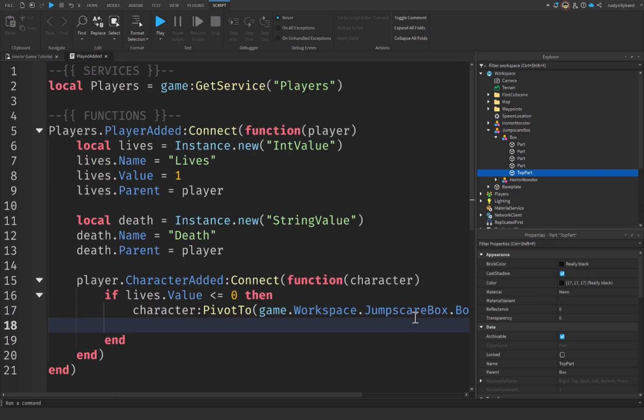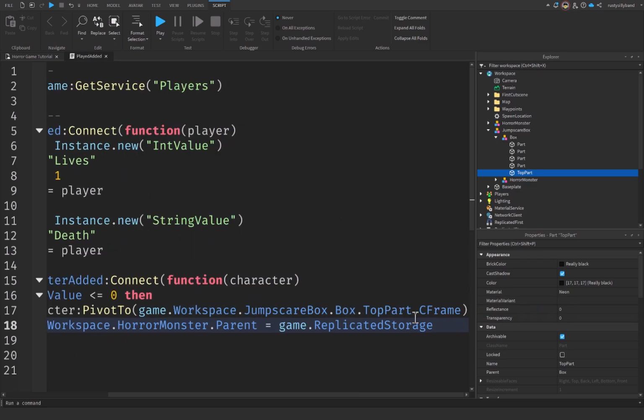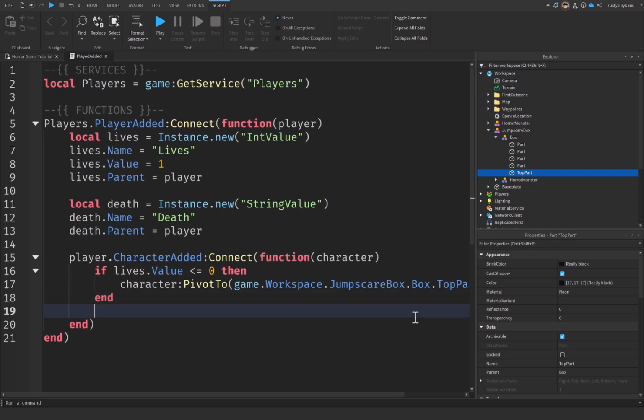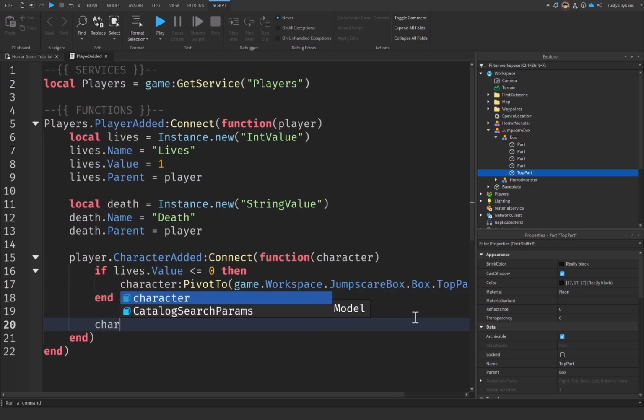I guess you could also just say game.workspace.horrormonster.parent will be equal to something like game.replicatedstorage, but I'll be honest, I didn't really think about that, so whatever you would like to do. We'll come back to this line of code in a little bit, but now down here we're going to say